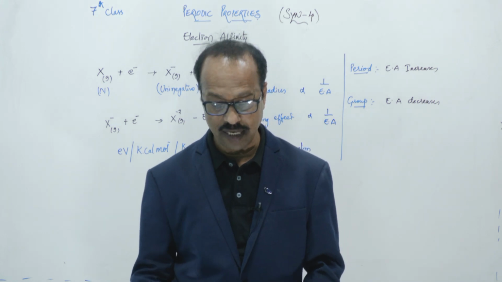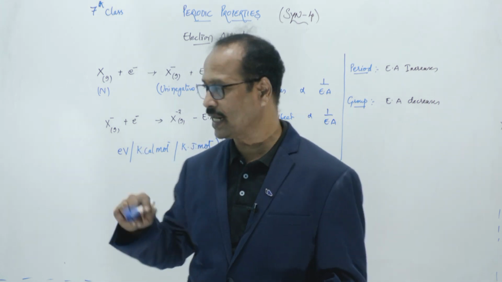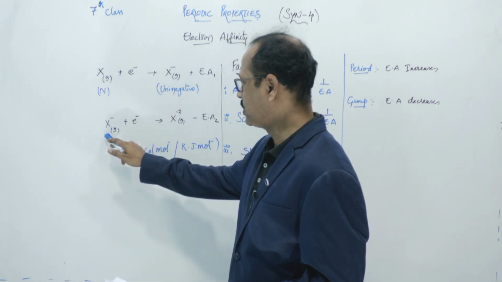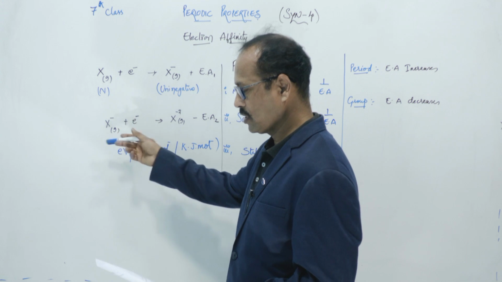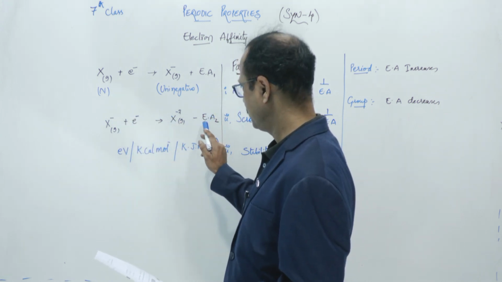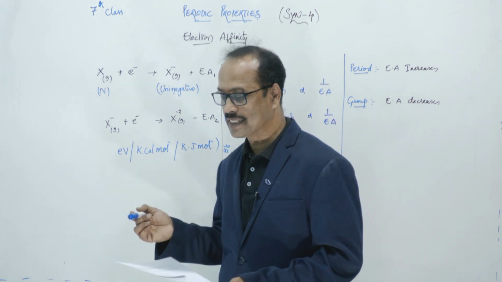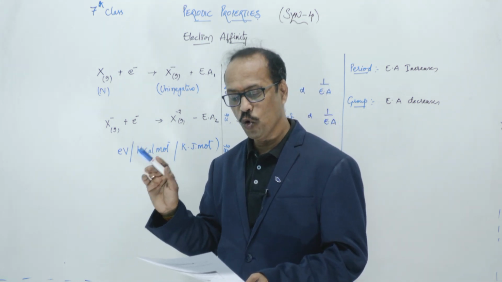Energy is absorbed when a second electron is added. Just now I told you that when the first electron is added, it becomes uninegative. One more electron is added, so then what happens? It absorbs the energy now. So energy is absorbed when a second electron is added to this, because O minus has a stable